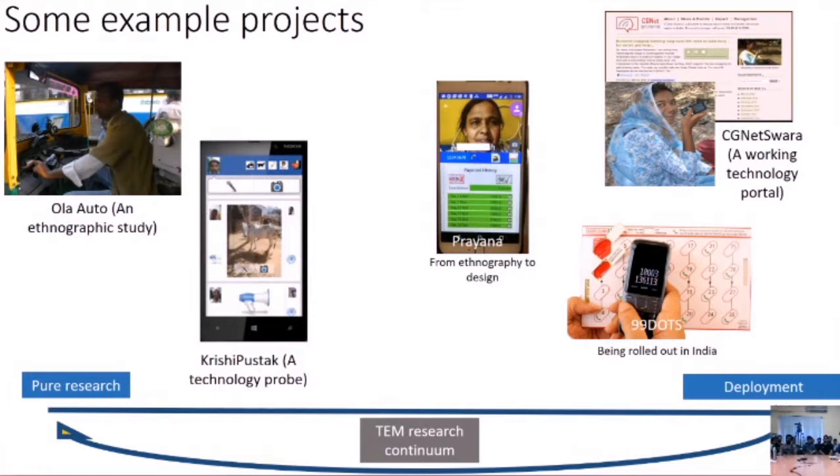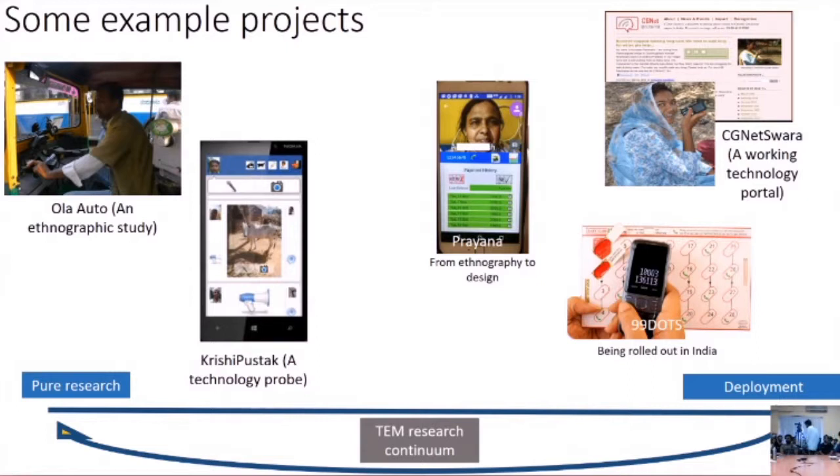This stopped at the ethnographic study because there was no way for us, there's plenty of technology ideas that came out of that, ways that you could improve Ola or other platform systems for the drivers. But there wasn't really anyone who wanted to take those ideas, and we don't have access. We can't create a new platform and then do all the marketing and then compete with Ola and Uber. That's not our business. So this study has stayed at ethnographic study stage, and it contributes to the conceptual arguments about the importance of gig work and digital economy in emerging markets. So it's more of an academic impact.